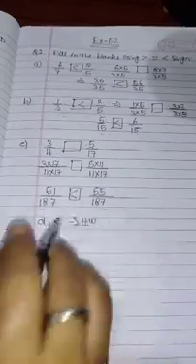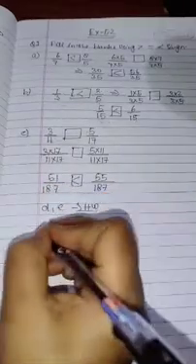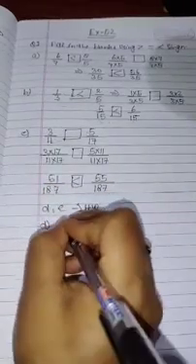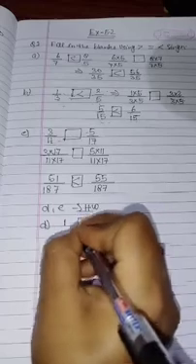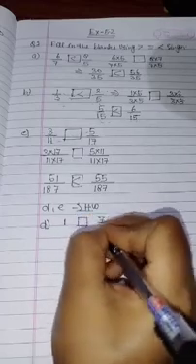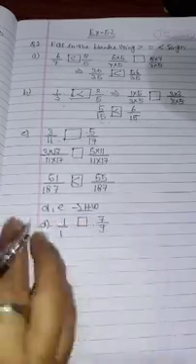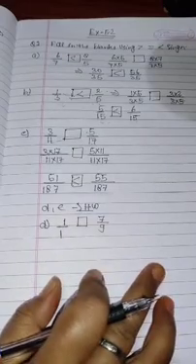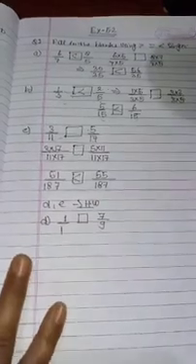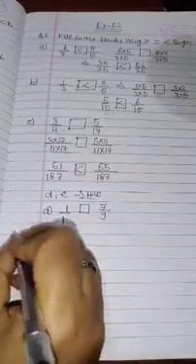What will be the confusion in the D part? I am writing D here and just making 1 box and 7 upon 9. So you will write 1 upon 1 here and then do the cross multiplication as I was doing. Okay, so in this way you will get it. Now come to question number 2.